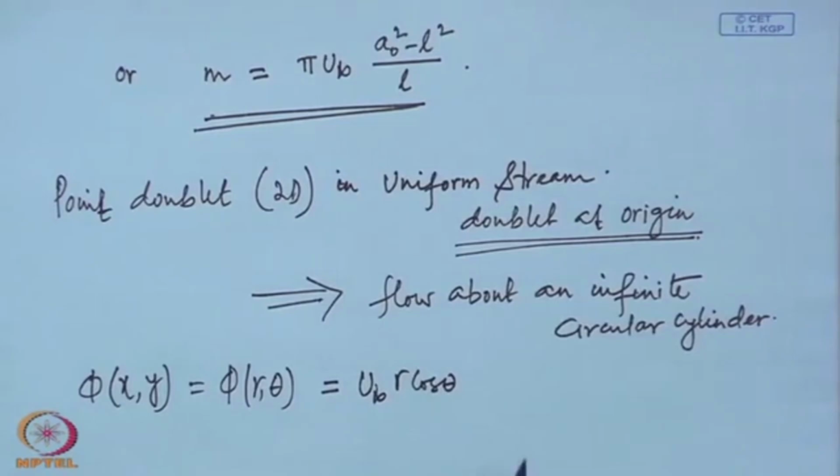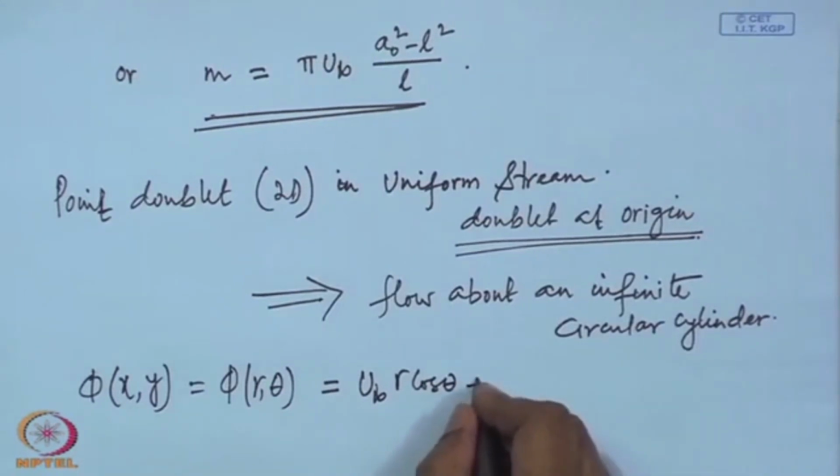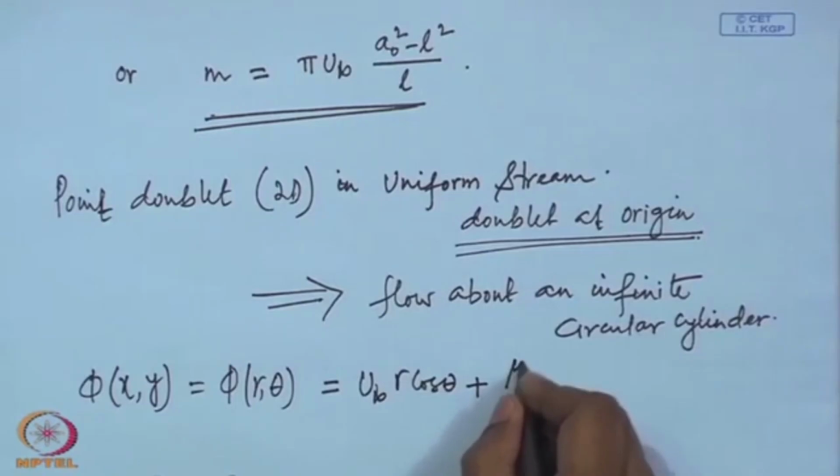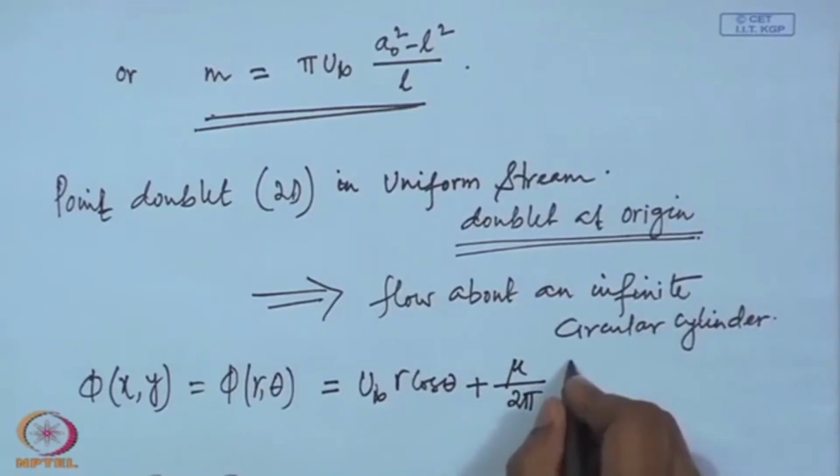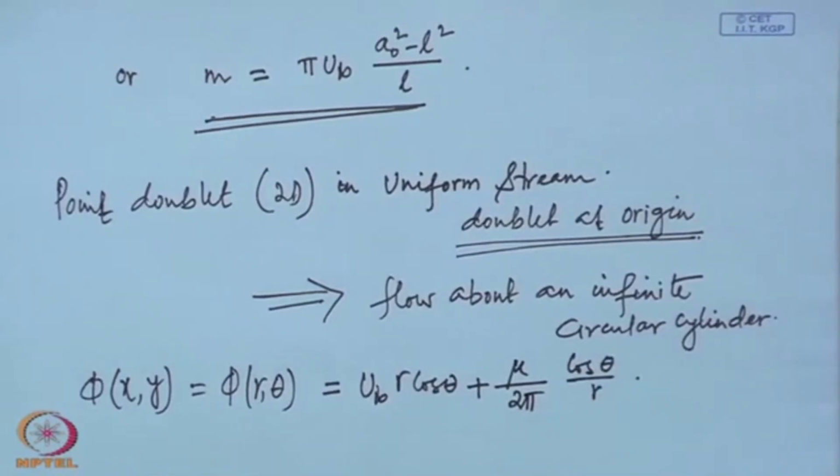Doublet, mu by 2 pi, mu is the doublet strength, mu by 2 pi cos theta by r. If we want to write psi